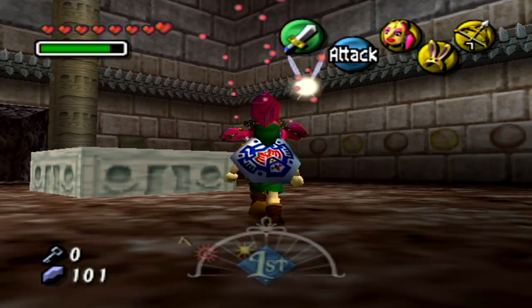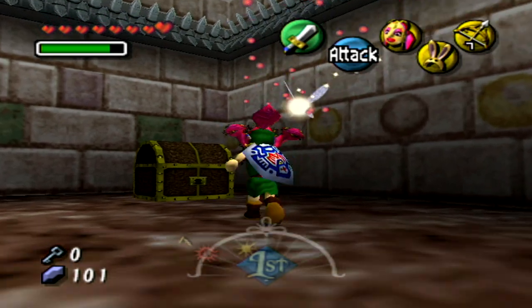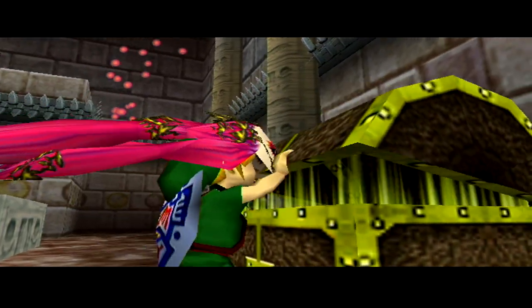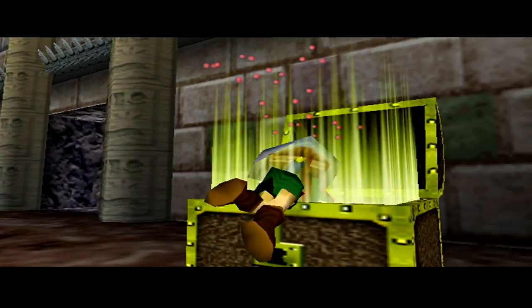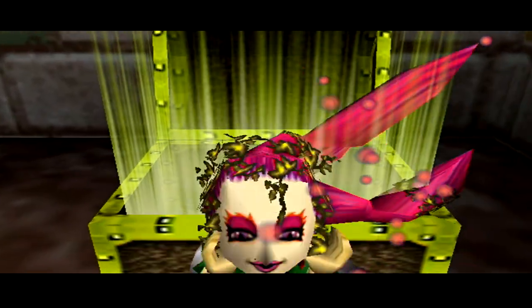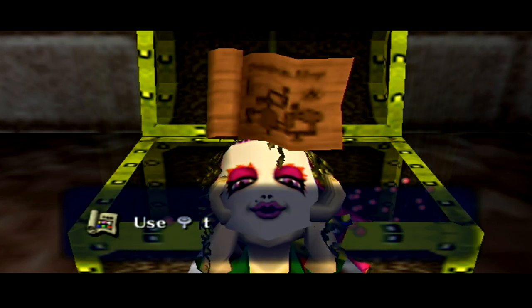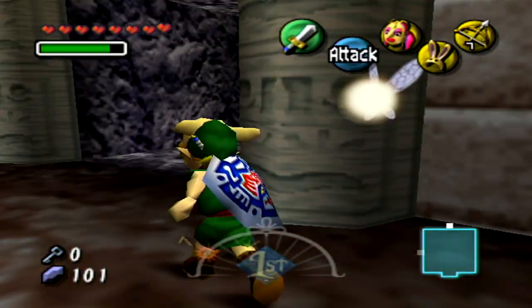It's really cool. You can actually see him during nighttime within Termina Field, but I believe this is our first actual encounter in the Let's Play, so I really like fighting him. All you do is just block, and then they end up suiciding. But there we go. We got ourselves a dungeon map, and now we can advance on to that room